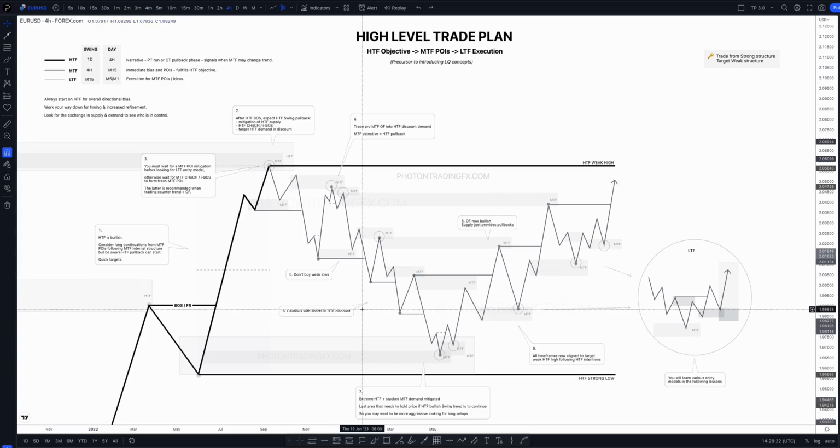And all of the other concepts we use, premium discount, liquidity concepts, a big part of that, what we're going to learn as well. Okay, so watch this video again and again and again. We'll keep going over it. We'll go over this again in the trade plan module when we introduce liquidity concepts. For the majority of you, we're always going to recommend, even if you're advanced, that you start with this style, okay? Because if you get good at this, then you'll have a much higher chance of being good at this,